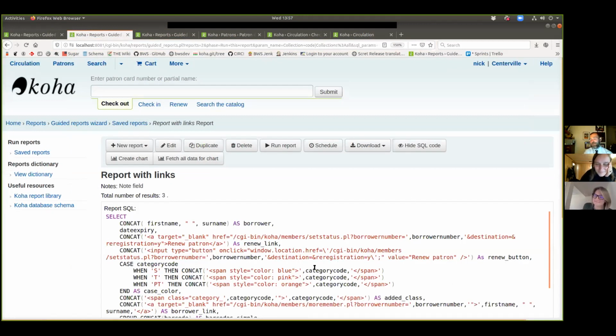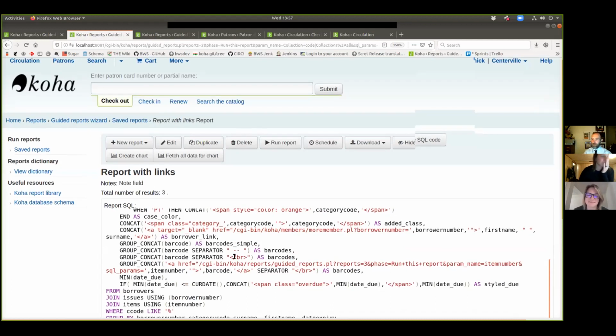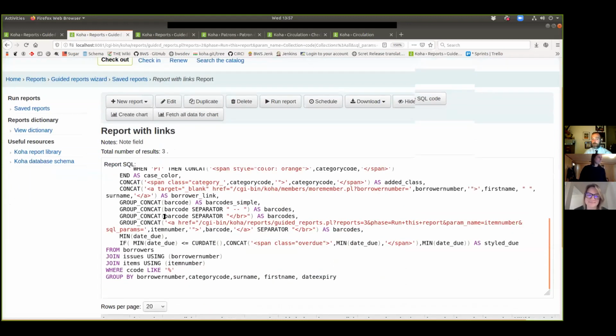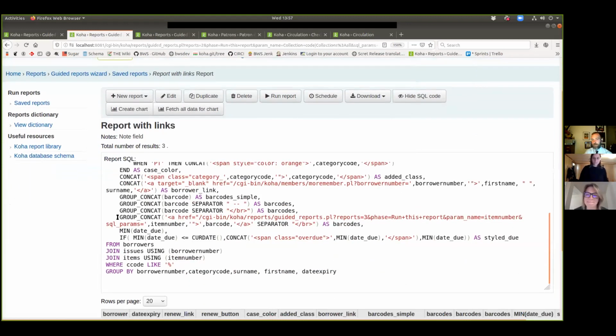And again, all of these boil down really to being the same trick of knowing the links within Koha and concatenating them together. In this case, we got a combination of several things because we have the link to the reports, we have a group concat, and we have a separator with a BR so that they're all on their own line,